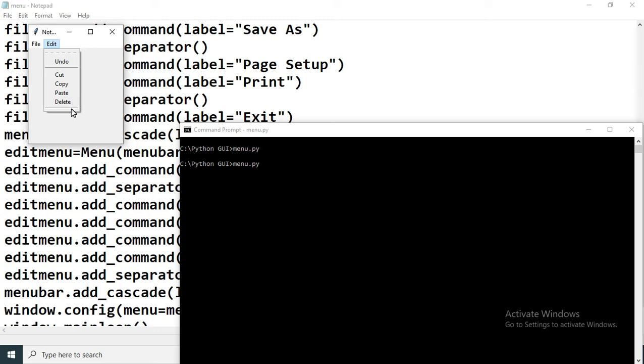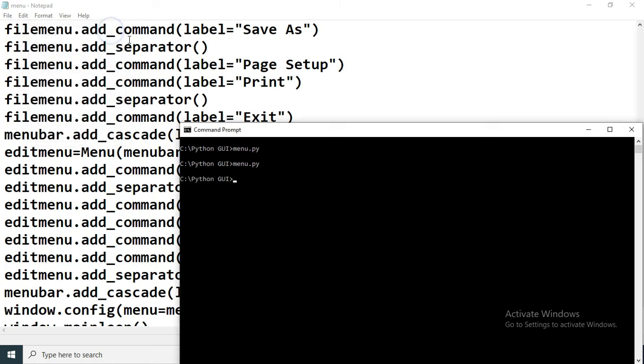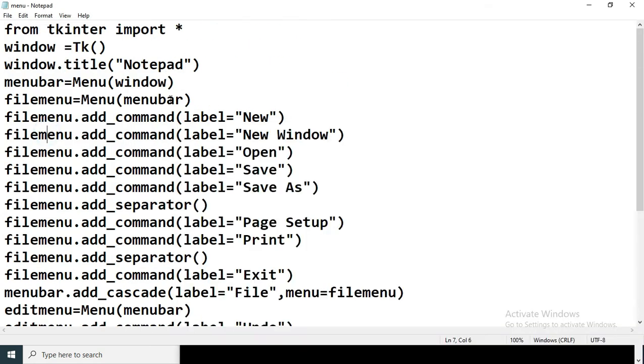Okay. Now, one more thing is, when I click on file, initially the first item we are getting is blank. Actually, the first item that we have added, "new", is placed at the second position, not at the first position. At the first position, there is a blank option. Now, if you want to add this "new" at the first position, then for the file menu we have to use one attribute, that is the tearoff attribute, and you have to assign the value for that as 0.